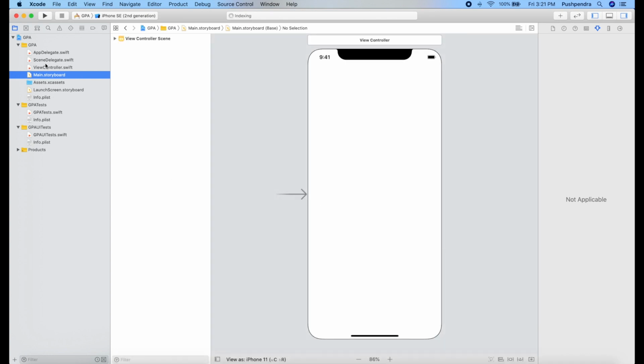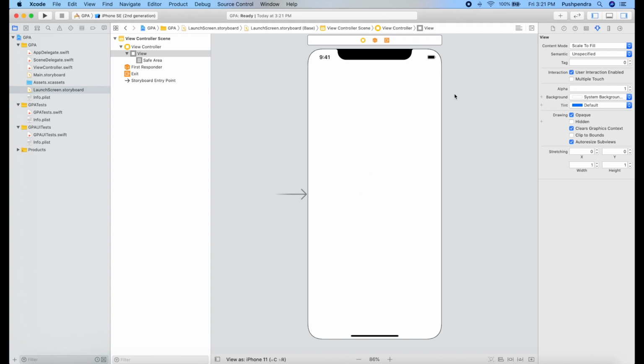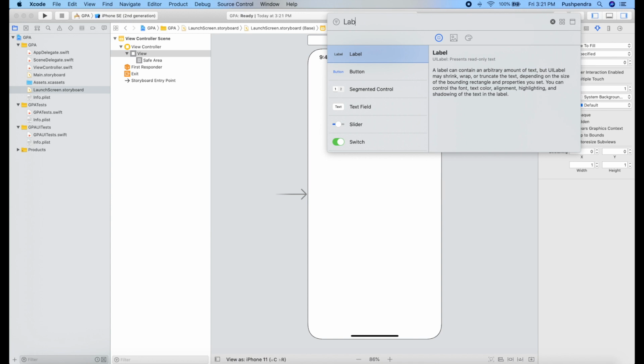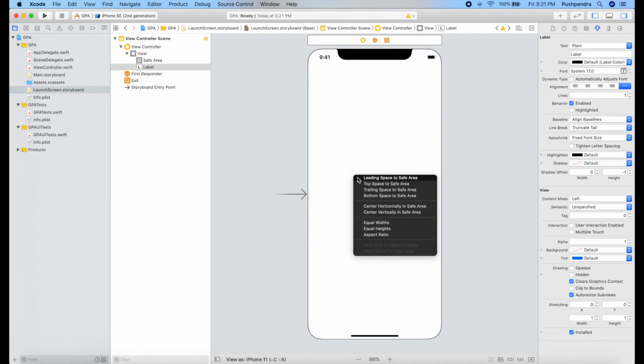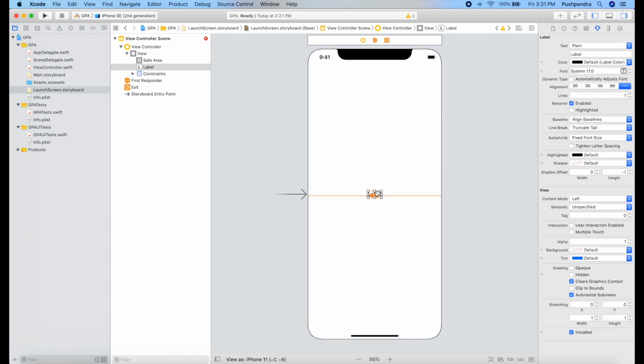So this is the main storyboard. First of all, I will do some work for my launcher screen. Launcher screen is the screen which will appear first as we start our application. So here I took one label and I am setting the constraint to center horizontal and center vertical.